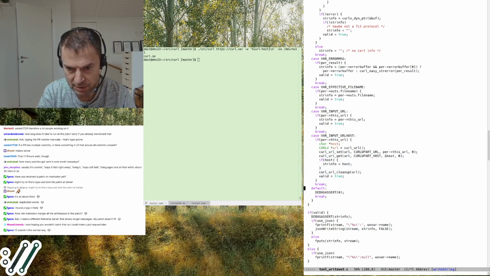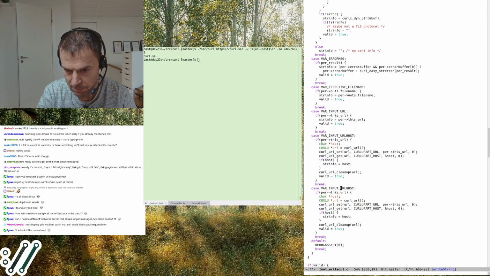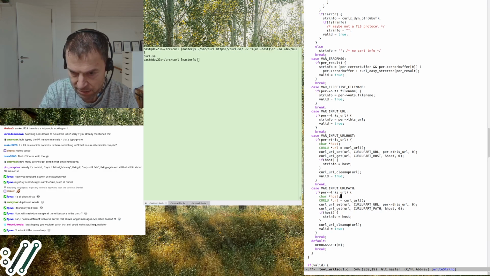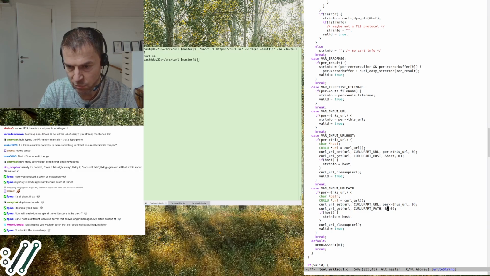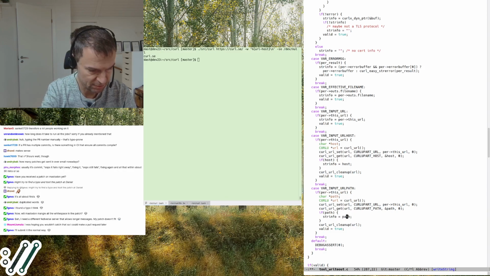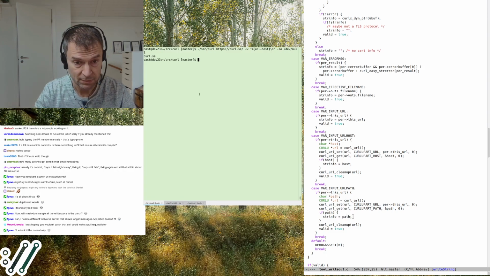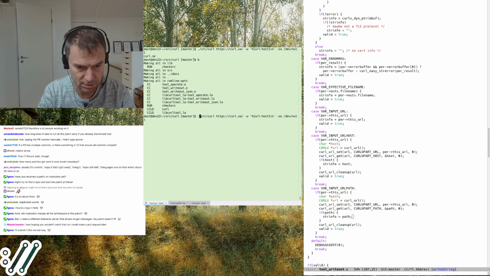And then I would copy pretty much this and have a path instead, and then we'll call it path. And of course this still leaks memory, so this isn't really done. I'm just trying to show you the concept of my idea. So if I build this, does it work?